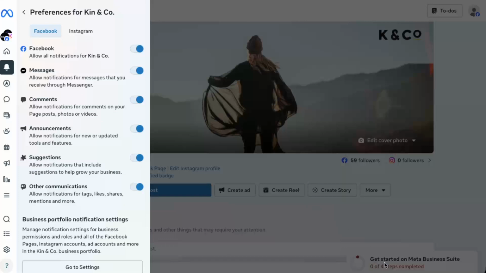And that's it. By following these steps, you can keep Meta Business Suite notifications organized and tailored to your needs, helping you respond faster while cutting